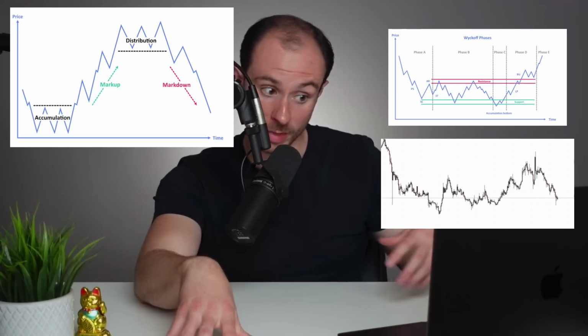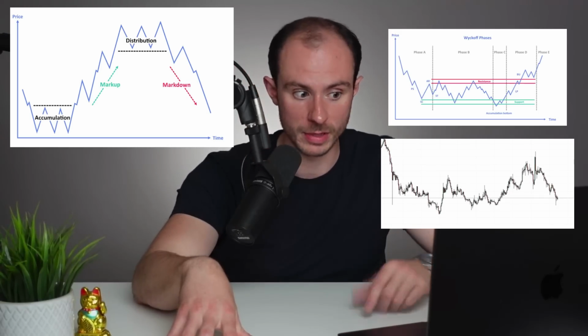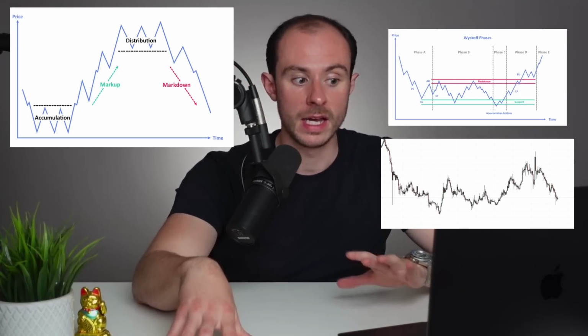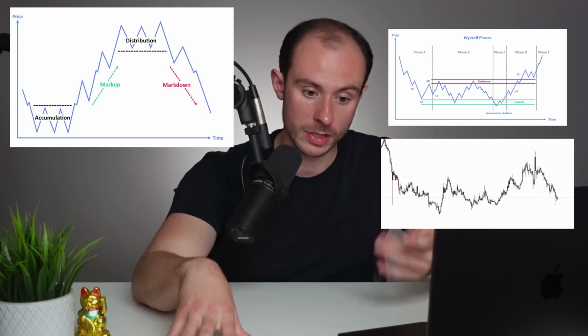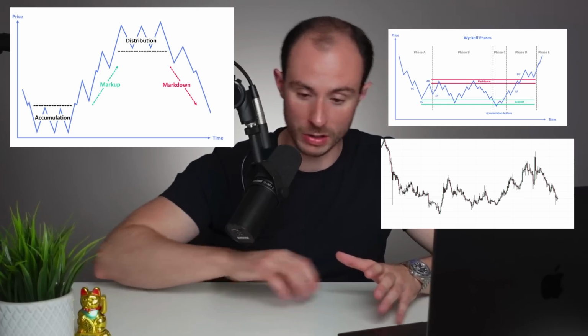Now, if you look at Wyckoff's market cycles, everyone is familiar with Wyckoff's accumulation distribution schematic, which, by the way, the accumulation schematic Wyckoff put forward looks very similar to what Hedera Hashgraph is doing today, and we'll throw that on the screen also. But if you look at Wyckoff's cycles, it's very much in 4 parts, just like our phase analysis is. And then, of course, you've got Charles Dow's theory, which is very much a similar thing.